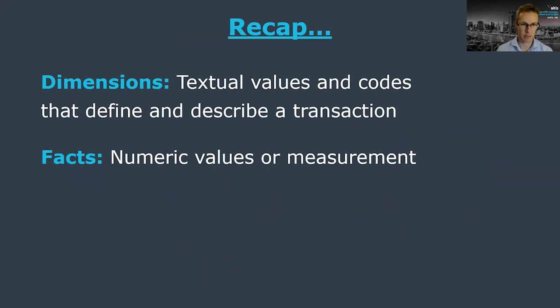So just to recap, we talked about dimensions. They're the elements in dimensional modeling that give us context to the business process we're measuring. They offer these textual values, descriptors. They help us understand and ask the questions of the who, the where, the what, the when, the why, and the how. They're our bywords. I'm interested in analyzing something by X, by Y, by Z. And our facts, these are the numerical values that we're interested in measuring in our business process that our dimensional model reflects.